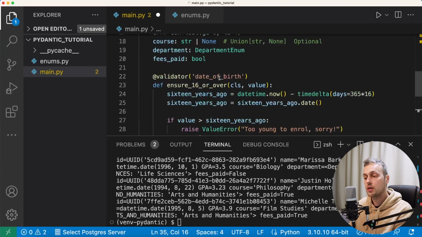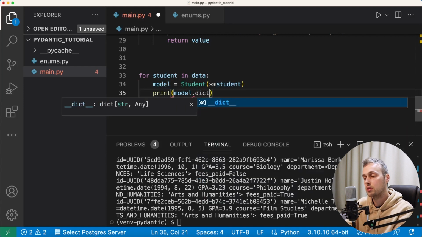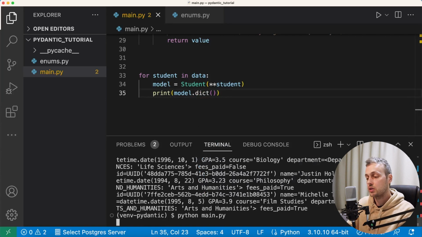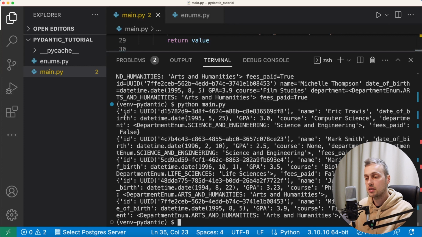Now it's very easy to do this. If we scroll down to the bottom, we have a model here. For each record in our data, we are passing those fields and values, creating a Pydantic model. And what we can do is, to the model, we can call the .dict function. If we save that and execute this code, you can see that now the output is actually Python dictionaries now instead of Pydantic model classes. And each dictionary has the key, for example ID and name, and the values are what's coming from the model